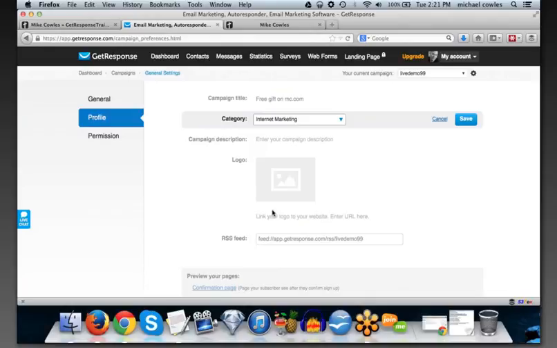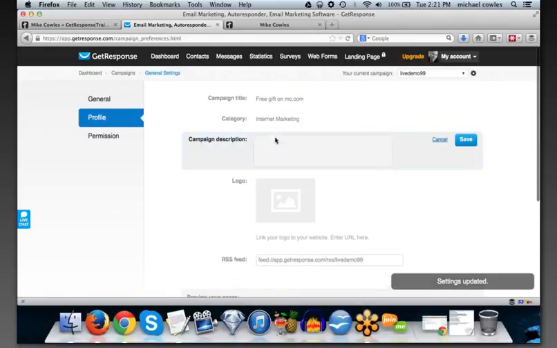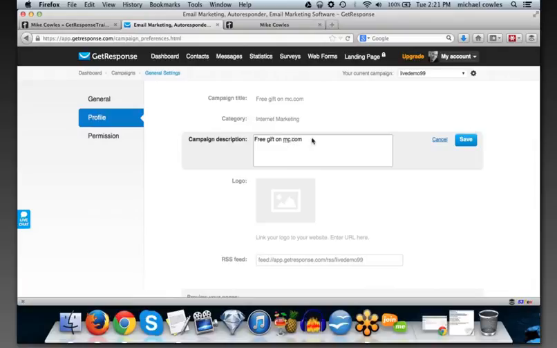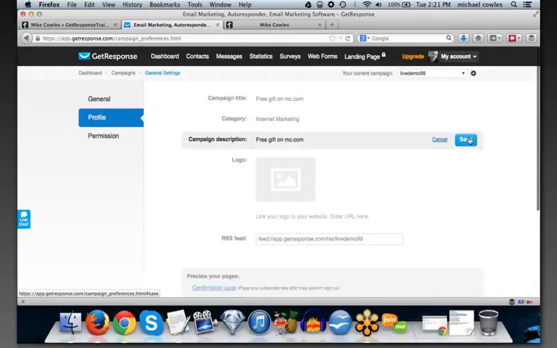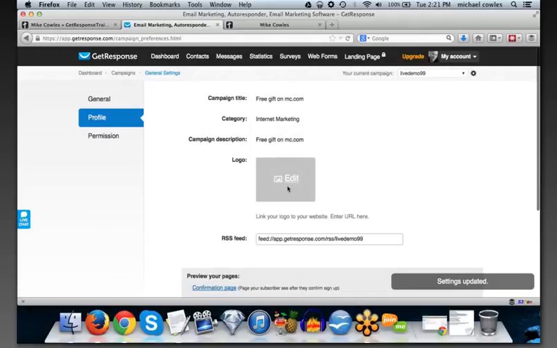So for me, I always pick internet marketing, and we hit save. And then right here, enter your campaign description, just something short to identify it. So again, it could be free gift on mc.com. And then for your logo, I wouldn't even bother. Okay, so we're done with this section, the profile tab.